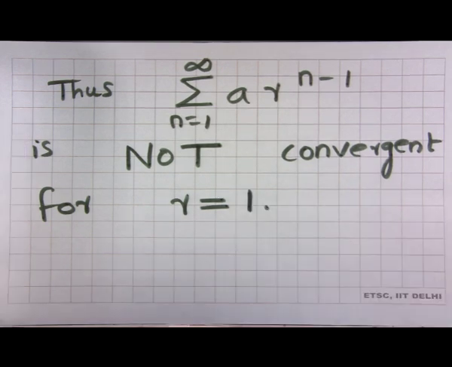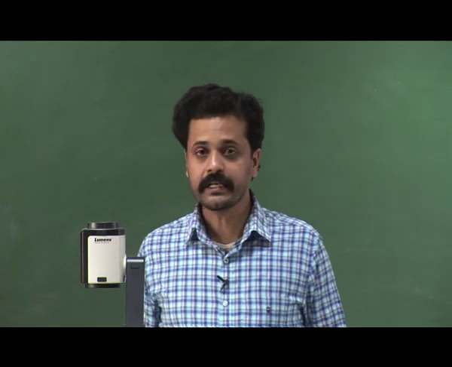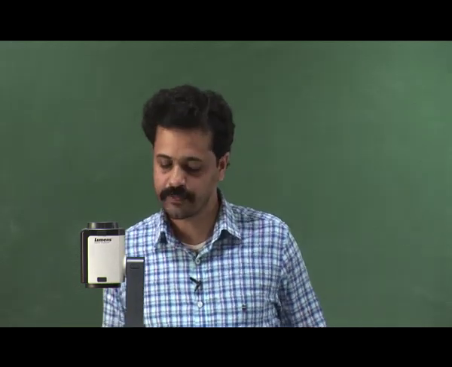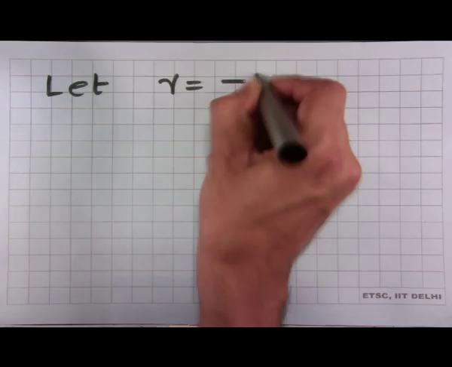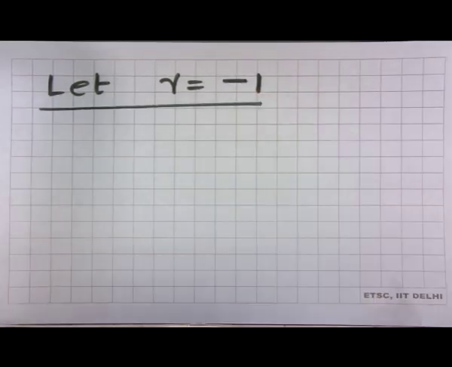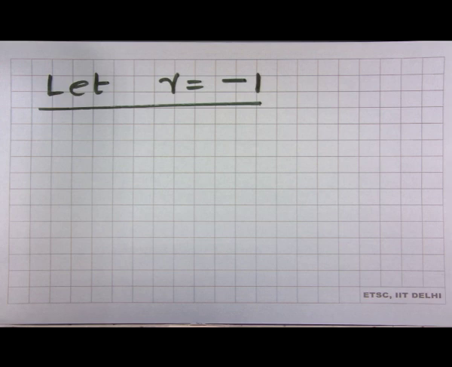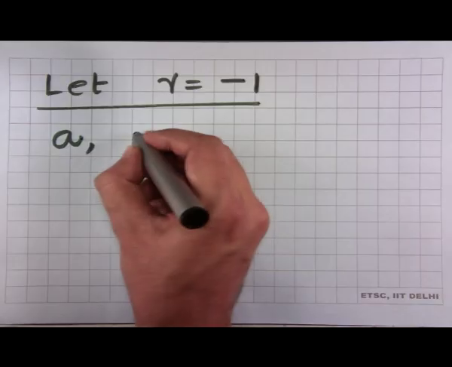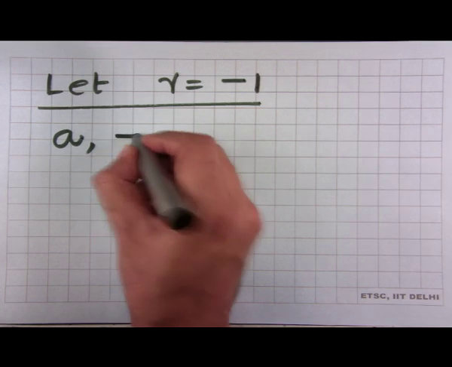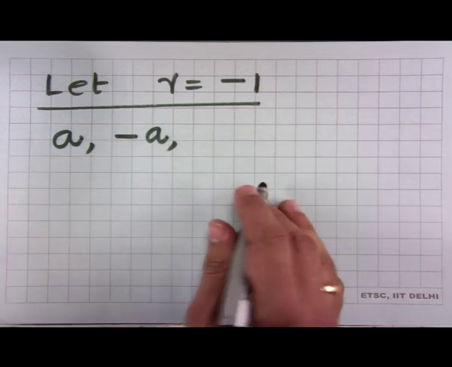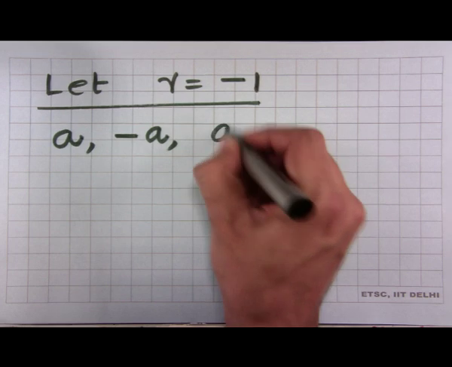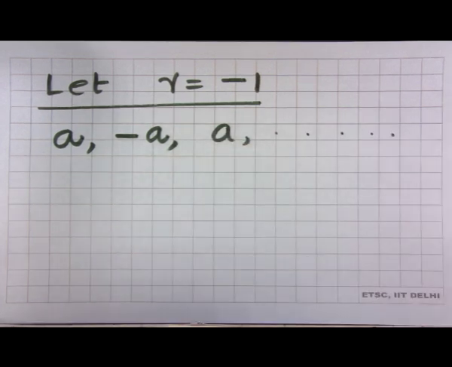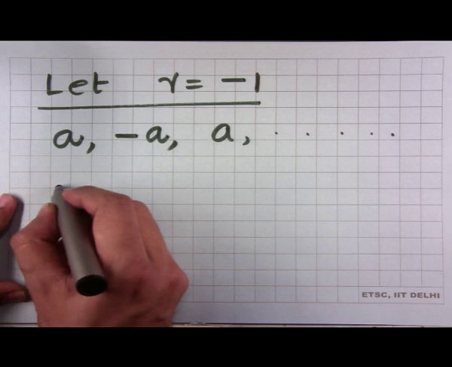Let us take the special case r equal to minus 1 next. In this case, the geometric progression becomes a, next is ar which is minus a, next is ar square which is a, and so on. Consequently,